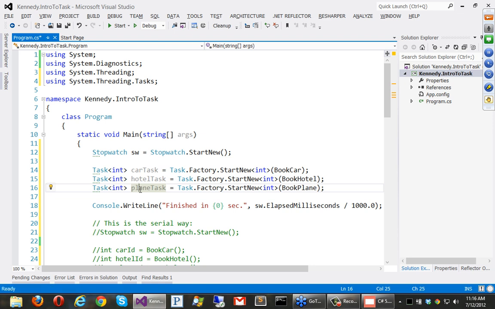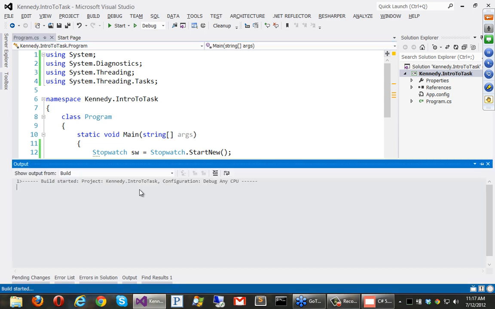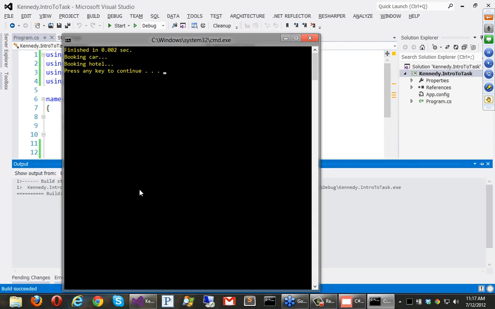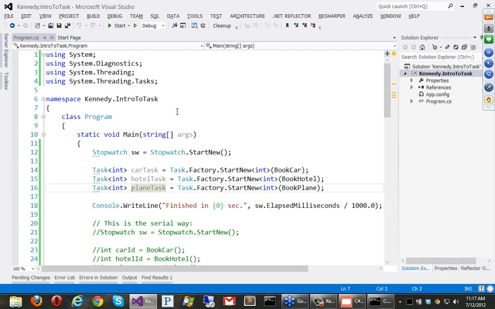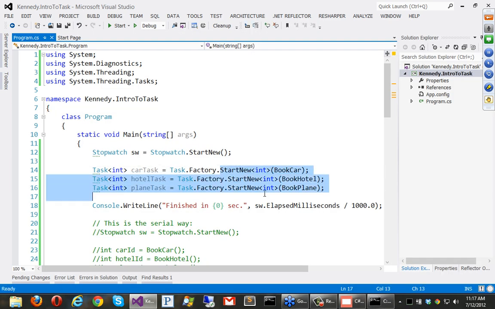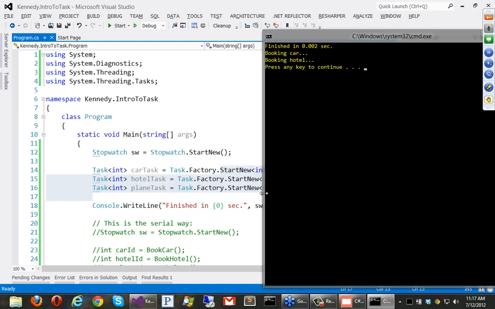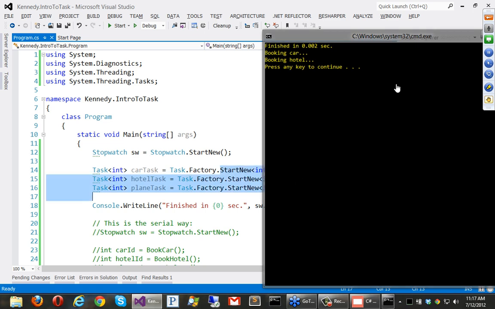So let me go ahead and just run it, and you might be surprised how quick we can get this to go. Okay, so in 2 milliseconds, we finished booking the car in the hotel. All right, so what happened? Well, it turns out that these threads that are created here, these all create threads, they come out of the thread pool. And the thread pool threads are what are called background threads, and they don't keep the main process alive. So if the main thread exits, then these background threads are aborted. And you can see that here, that we were booking the car in the hotel, and whoa, those never finished, but we still exited. So the thing with task is you have to wait for them to finish, okay?